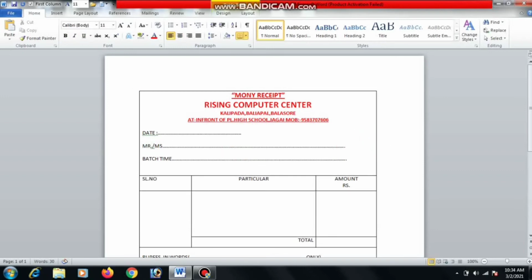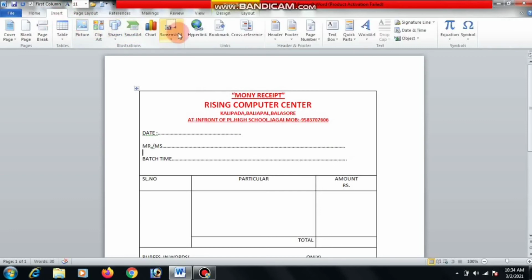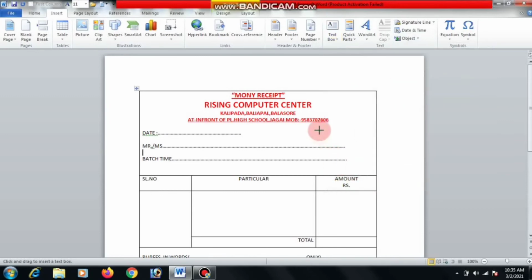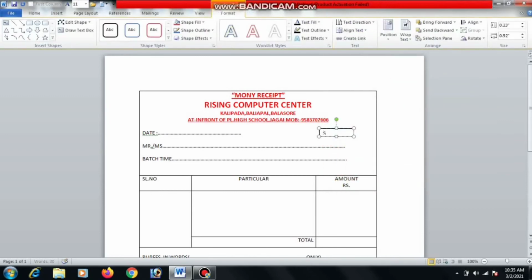Every line we can give space, and here we use the text box option, click on text box and draw a text box. Here we write the serial number.